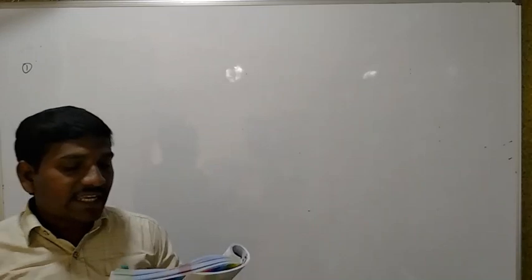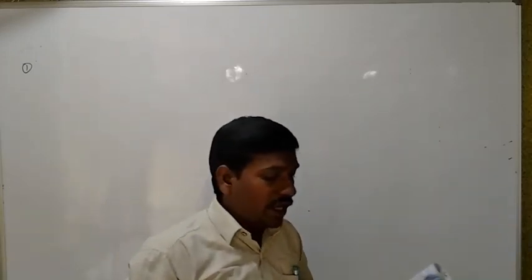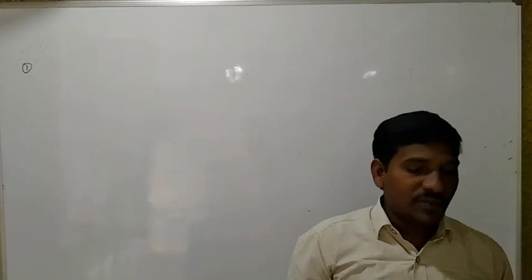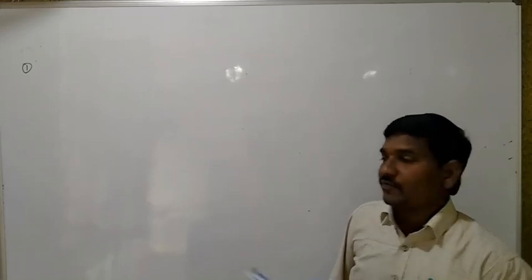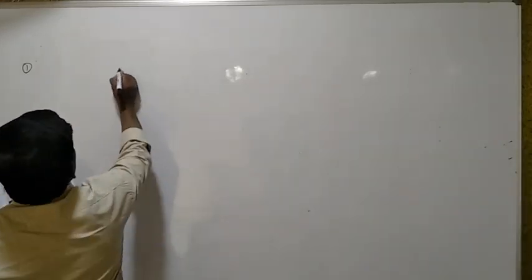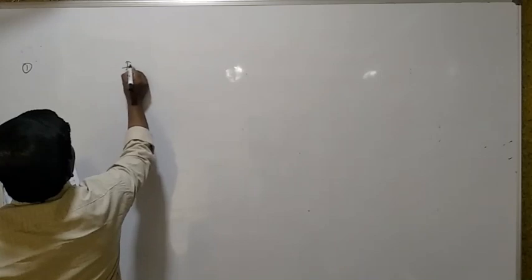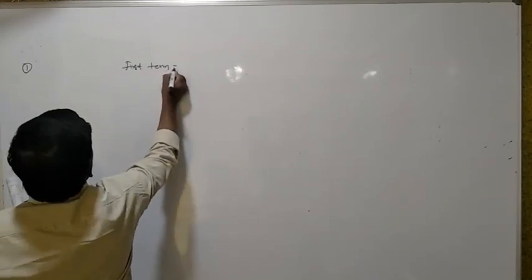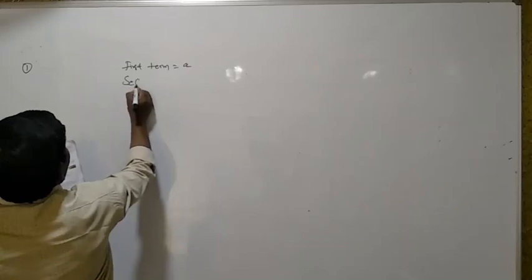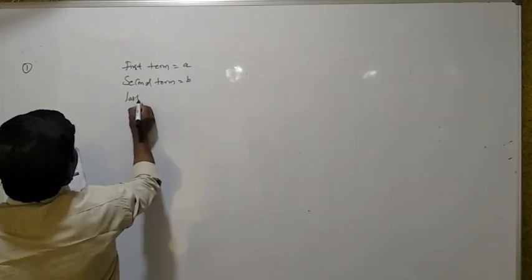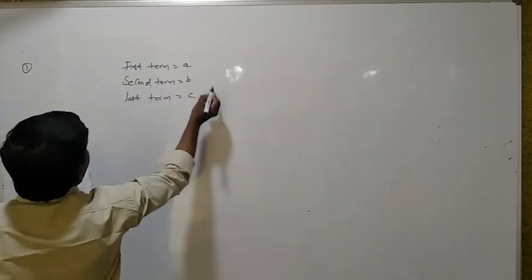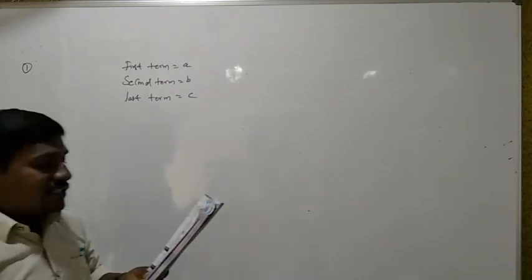Here, if the first, second and last terms of an AP are A, B, C respectively, then the sum is, okay, the first, second and last terms. Here, first term equal to A, second term equal to B, last term equal to C, and then the sum is, here